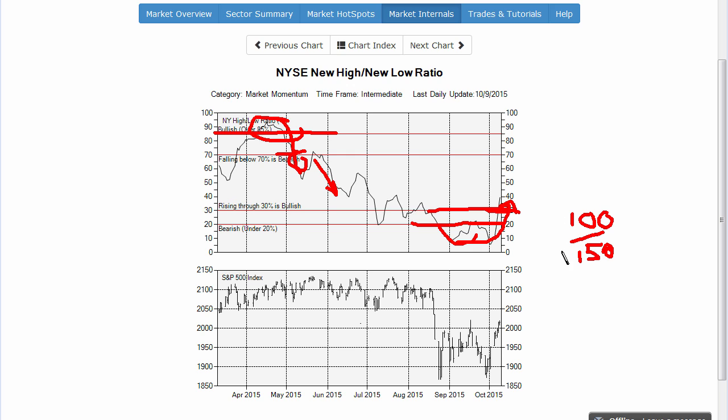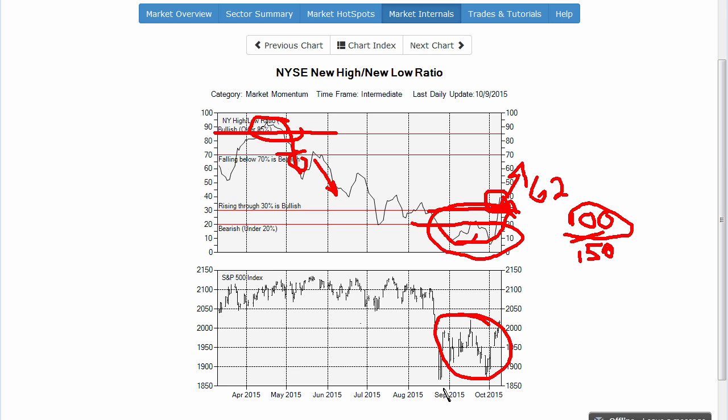Now, what you want to see is this turning up with a substantial number of stocks. So right now, I think the number on Friday was 60, 62 in New York. That's a lot better than what it has been, which has been down near 20. But really, we want to see the new high number up over 100. So if we start getting 100 new highs and this thing trending higher, this could be telling us that this was a real bottom, intermediate term, if not longer term bottom.